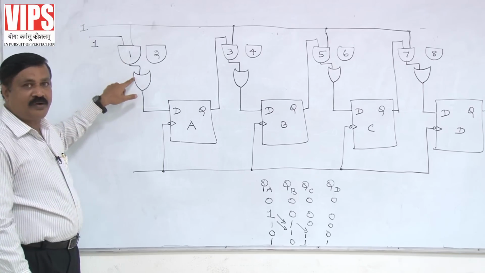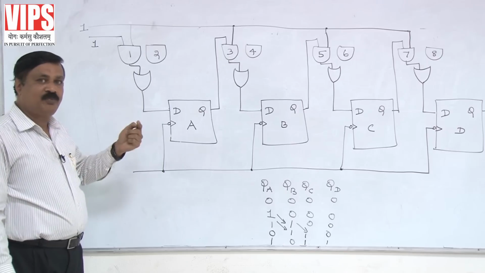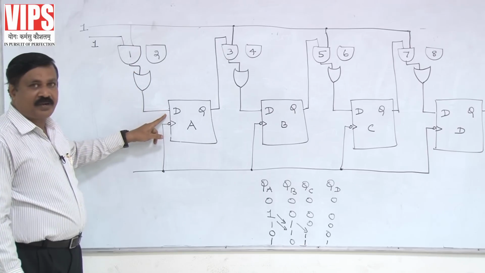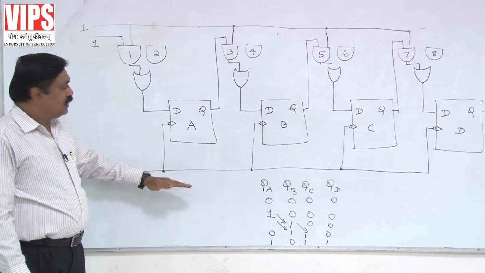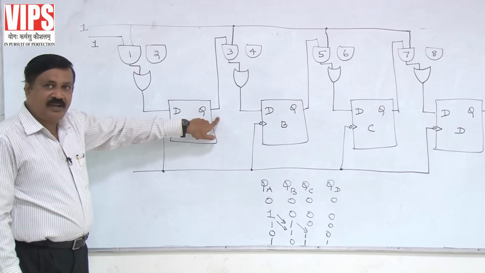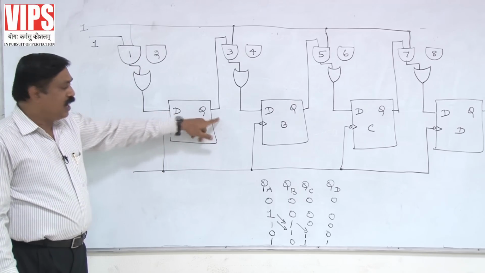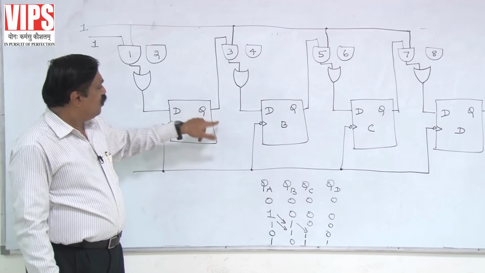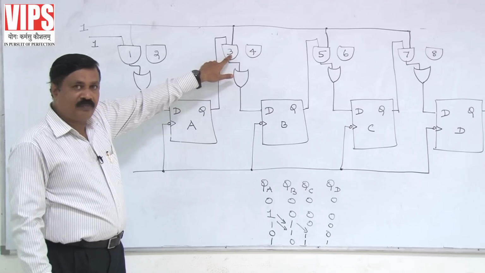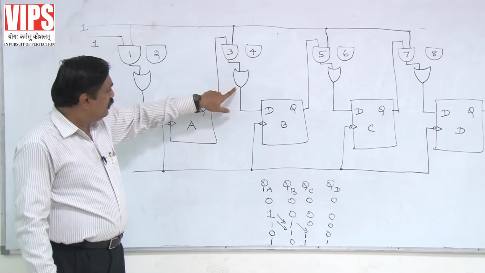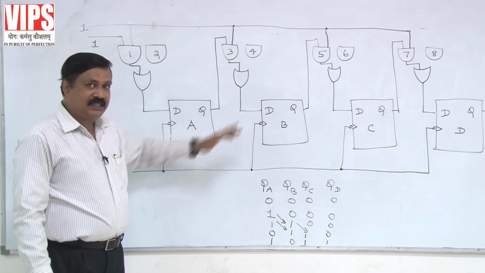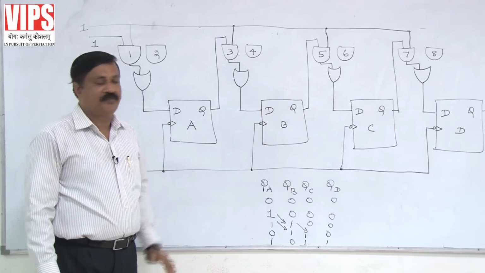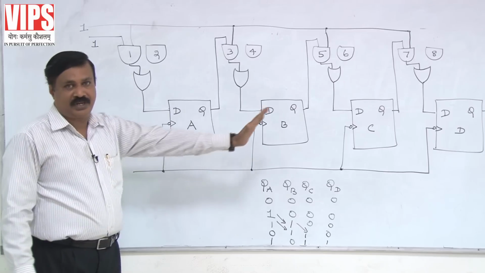Therefore, it will generate 1. For the OR gate, even a single input will make it function. Therefore, this one is coming here and will appear here. If you give a clock pulse, then this one will be shifted to the Q. And for the next clock pulse, this Q output will go to the third AND gate and the OR gate, again to D. Just like serial in, serial out, all the data are shifted in this manner. It is a left to right shift.